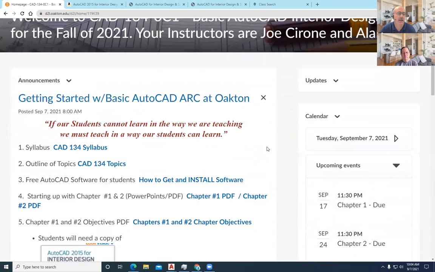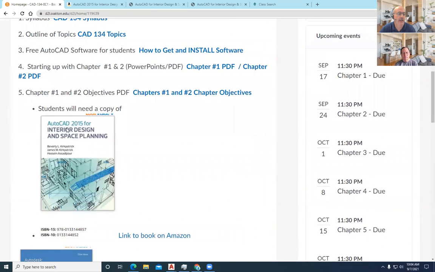Textbook. The textbook is AutoCAD 2015 for interior design and planning. You might say, well, why are we using an older textbook? The textbook is really well laid out. It has a lot of very good assignments. And so we've kind of kept this book